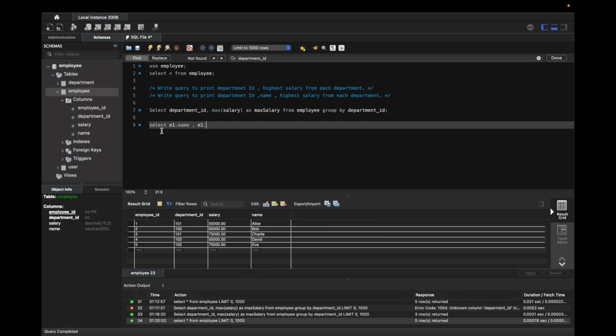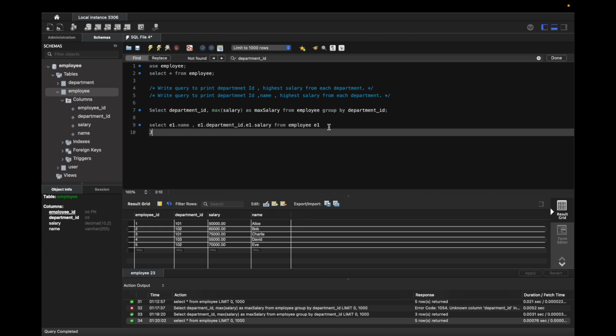e1 dot name, I'll just use this value so that I don't make much typo, and then e1 dot salary from employee, and will give the reference for employee as e1, and then I'll be using join, and then I'll be using a subquery, select,